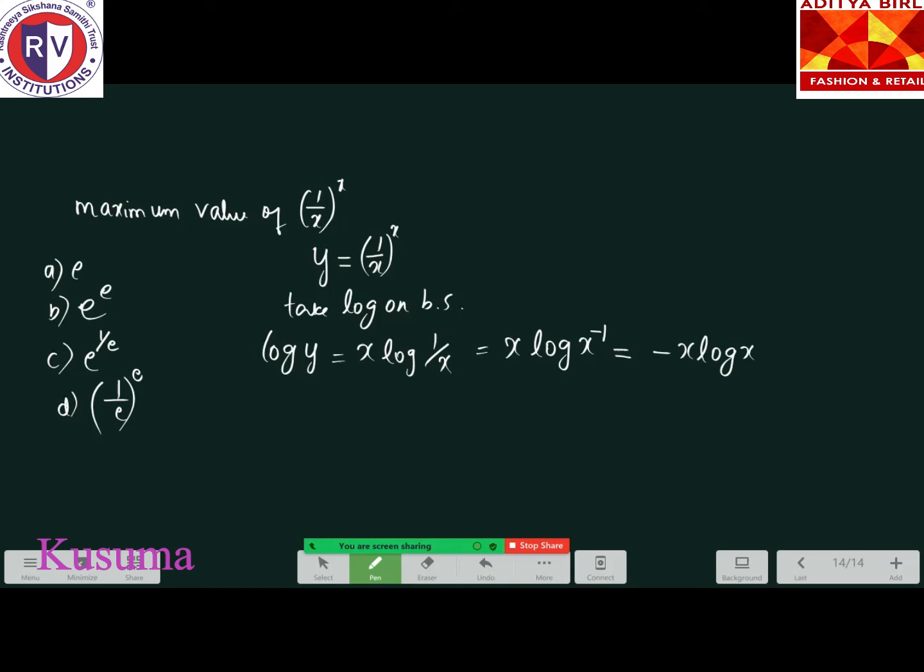We have a property of logarithm, right? Log of m to the power of n is? What is log of m to the power of n? n into log m. n log m. Good. n log m. So now a property na use ಮಾಡಿ we are writing this as minus x log x. Okay. Let us differentiate this now on both the sides. Enide namge log y is equal to minus x log x there. Let us differentiate this with respect to x.